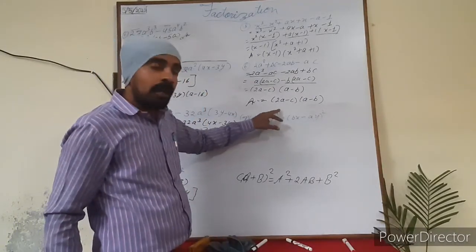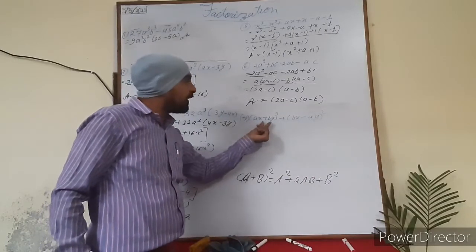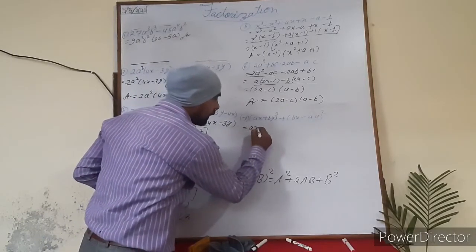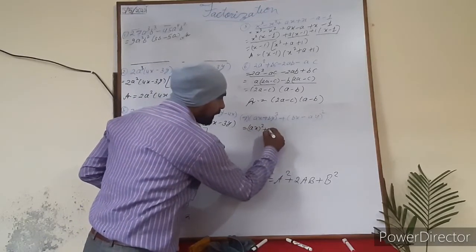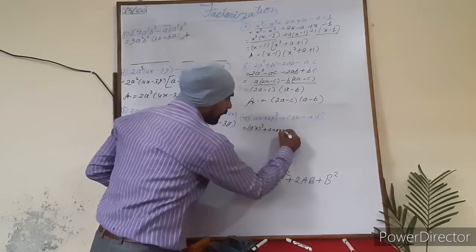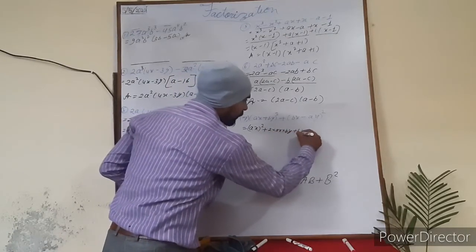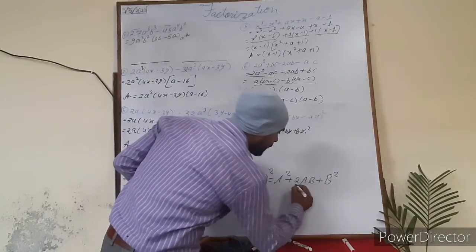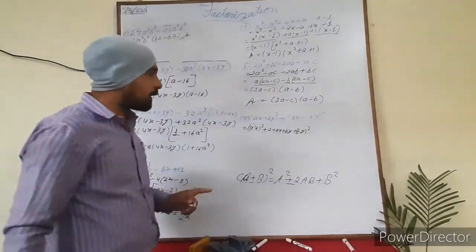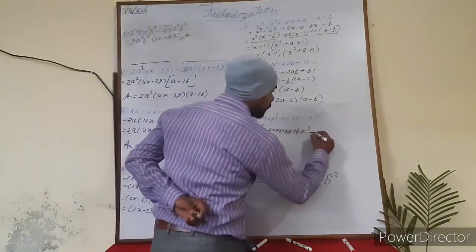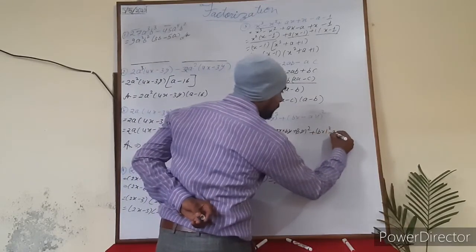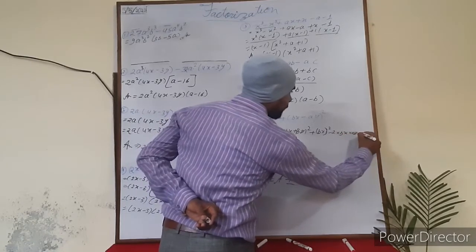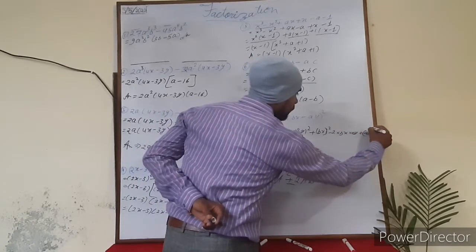Same will be done here. It is a plus b of whole square, so that will be this one square plus 2 into this one into this one plus this one of square. See how? So this is ax of square plus 2 into ax into by then plus by of square. Then it will be open as, if here is minus sign, so it will be as minus also, only 2ab will turn to negative. Then you will do this one. So this is bx of square minus 2 into bx into ay and then plus ay of square.